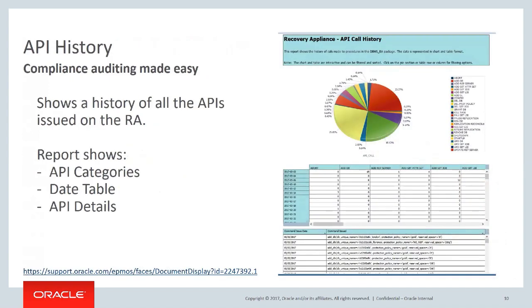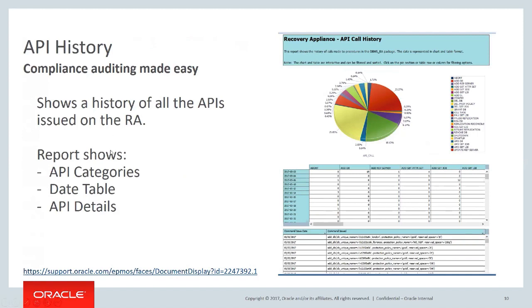This is the API call history, so it gives you a view of all the APIs that have been issued against the Recovery Appliance. You can see them by date. You can see them in a chart, so you get a good idea of what's happening on the Recovery Appliance. And you'll see that in our live view. Also, I want to point out that down here at the bottom, this API history, depending on what version of the BI framework you're leveraging,